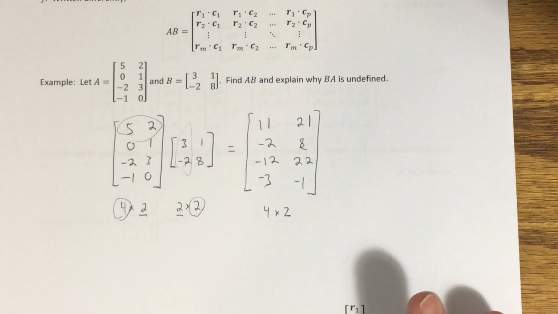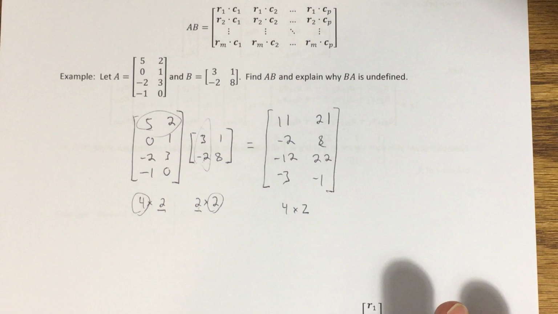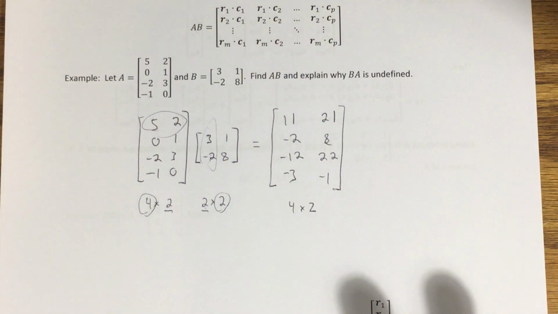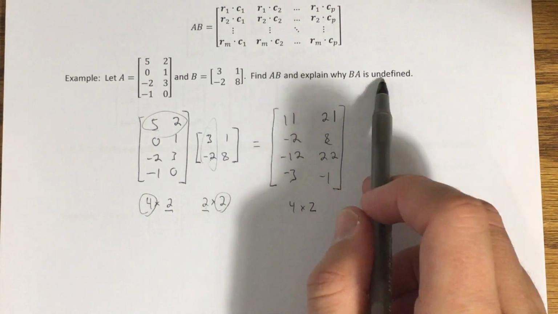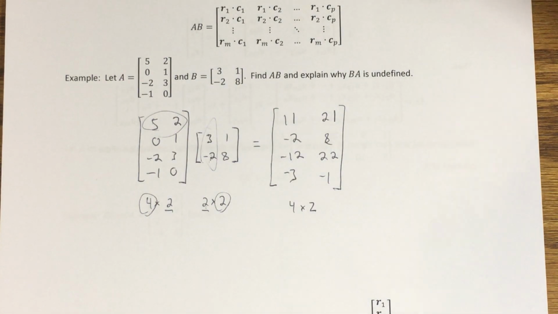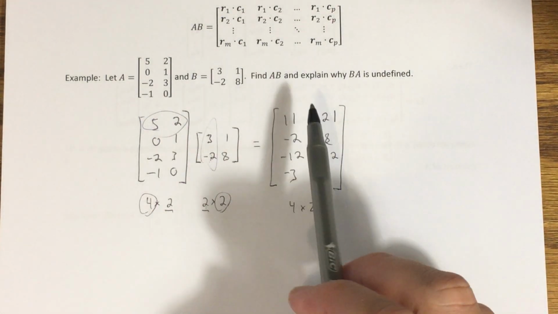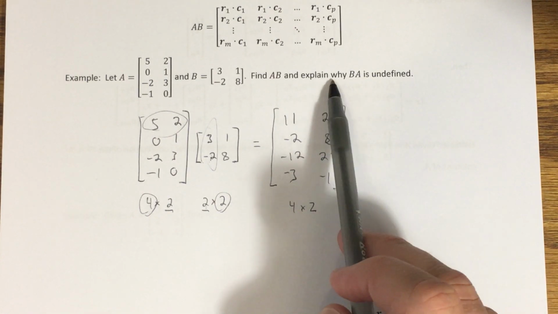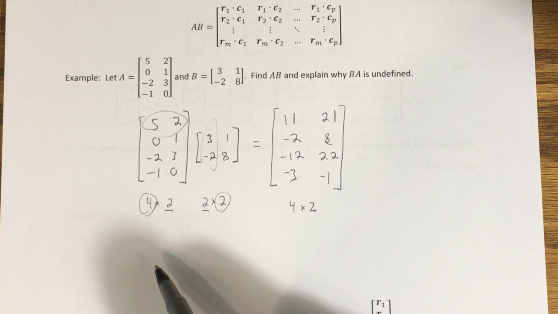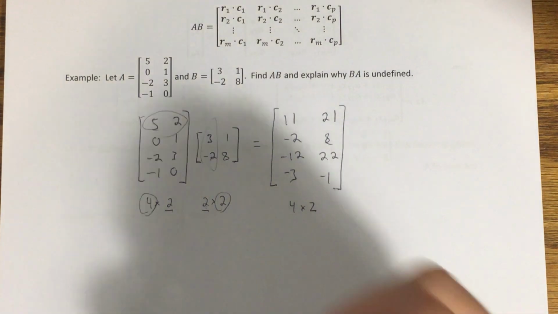All right, so I want to look at that example that we finished the last video with, and I read it again and realized I forgot to answer the second part to it. So we found the product AB, A times B. But notice it says explain why BA is not defined. Well, if I was going to find BA,